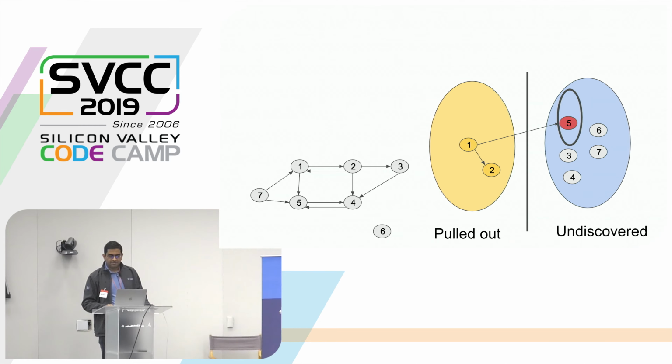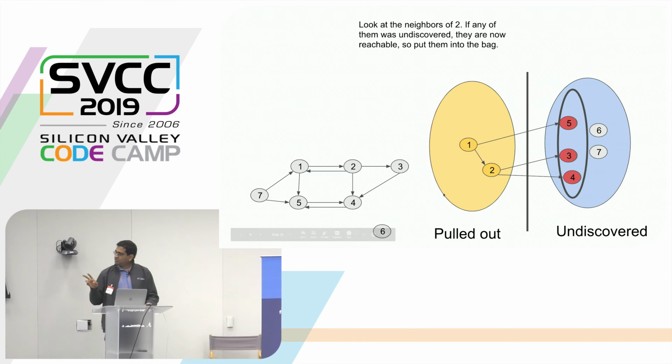And that's where it lands. So we now have vertex 5 left in the bag. But when we look at this fish that we pulled ashore, we again see that there are other fish it has a direct relationship with. So vertex 2 has an outgoing edge to vertex 3 and to 4. And so those are the 2 new fish that we have discovered. We put them into the bag,